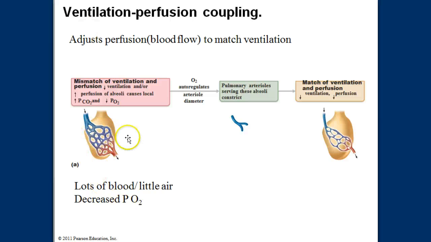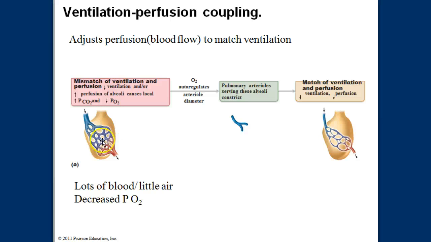In this situation here, we have an alveolus that is somewhat deflated. It doesn't have good ventilation, which means there isn't a lot of oxygen there. This decreased partial pressure due to oxygen is sensed by the arteriole through a process called autoregulation. And when the arteriole senses that oxygen levels are dropping, the smooth muscle in that arteriole will constrict, and you will then send less blood to an alveolus or a region of the lungs where there's less oxygen